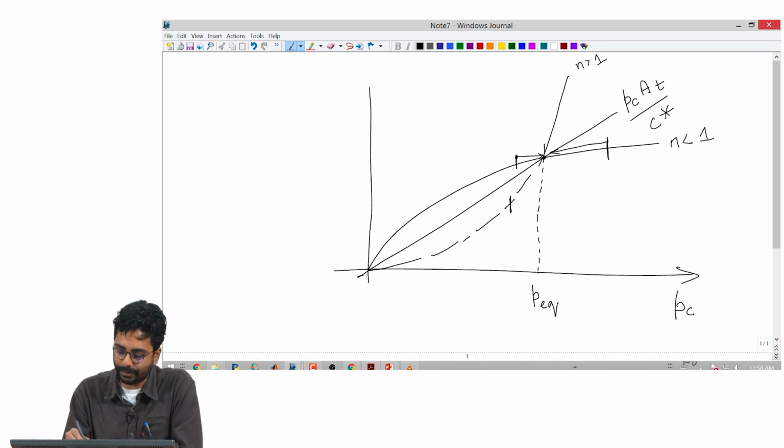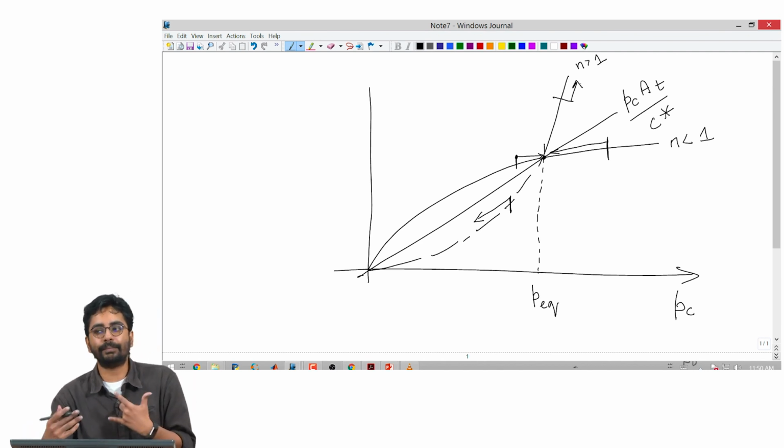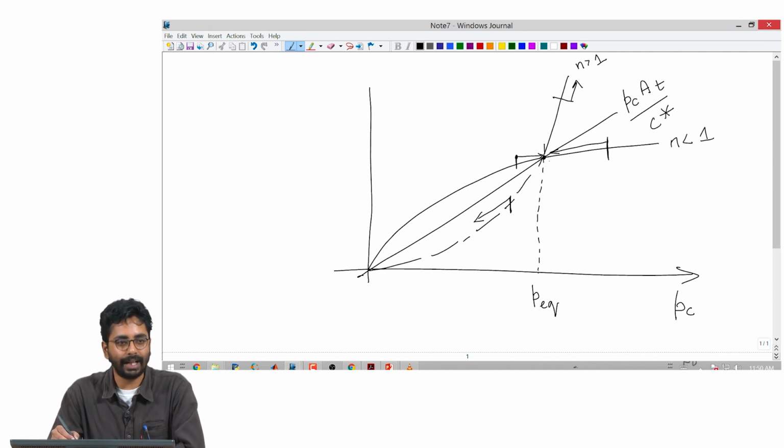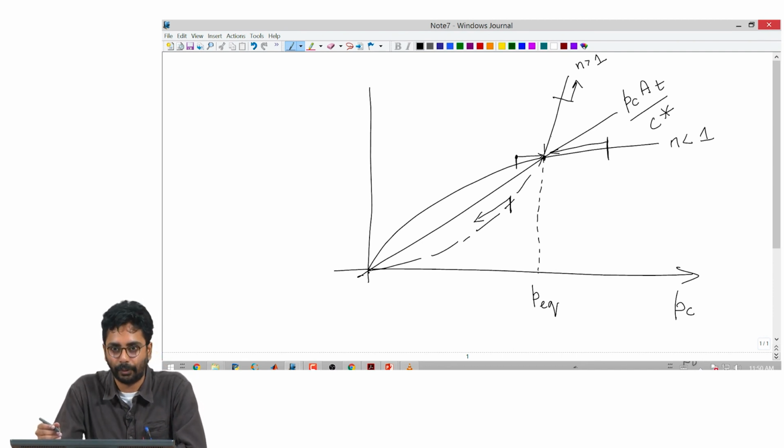So, if you start here, it will push you towards the origin. And if you start here at a pressure that is above the equilibrium pressure, the mass generation rate is more than the mass outflow rate, which means the right hand side is positive and the pressure will continue to increase. So, by some delicate balance, if you started at the equilibrium point, any tiny disturbance will either push the rocket towards 0 pressure, or the pressure will blow up and the rocket will explode.